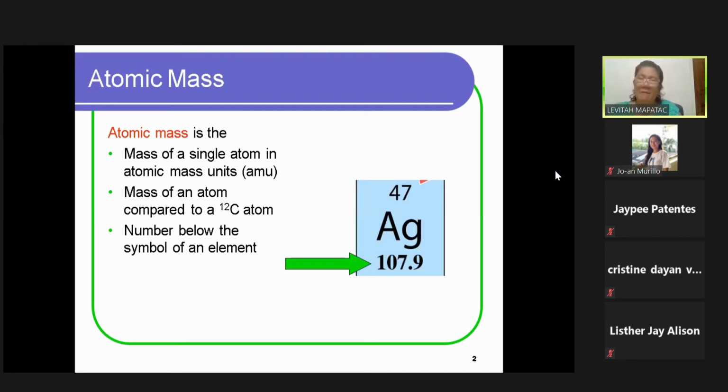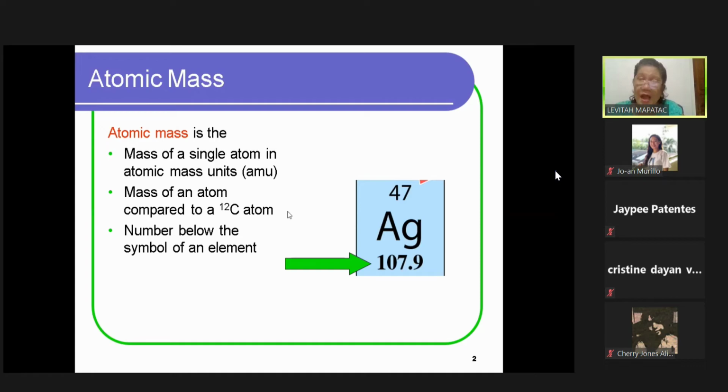The decimal here may go up to 5 places, but to be clear, we will have only up to 2 decimal places permanently. If there are more, round off to two decimal places. So, let's go back. Atomic mass is the mass of a single atom which has a unit of AMU, atomic mass unit,